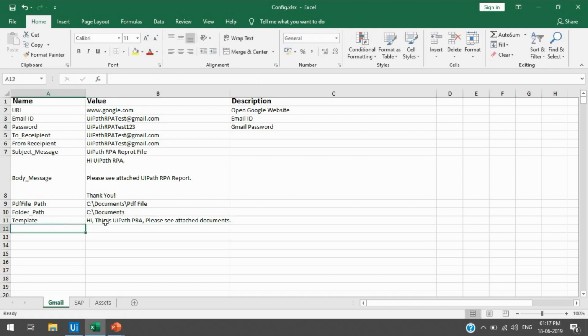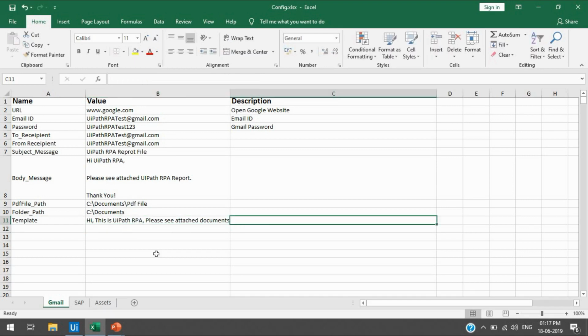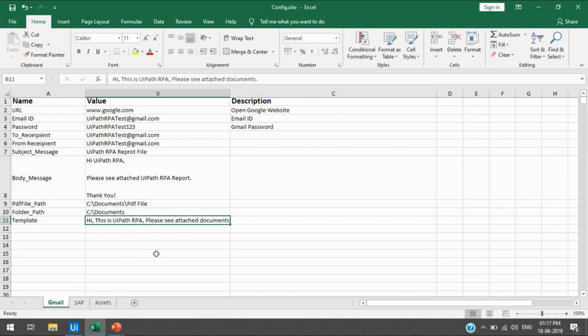So you can write this in the config file, and you can use this template variable in your project. Whenever the business says that this time they want to write, Hi, this is UiPath, or Hi, this is RPA, or something else, then you would have to go through each XML file in the project and change everywhere you have used the template, Hi, this is UiPath RPA, please see attached documents.